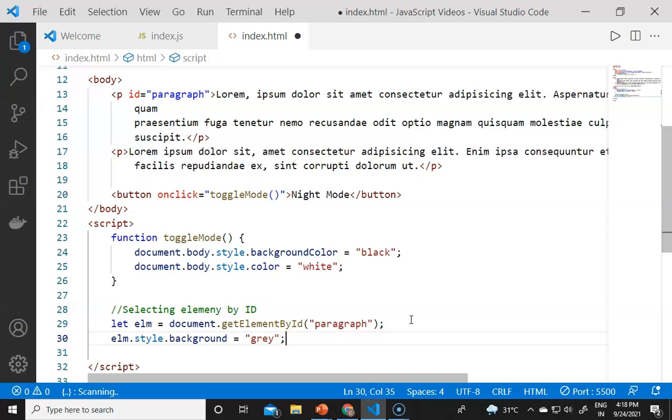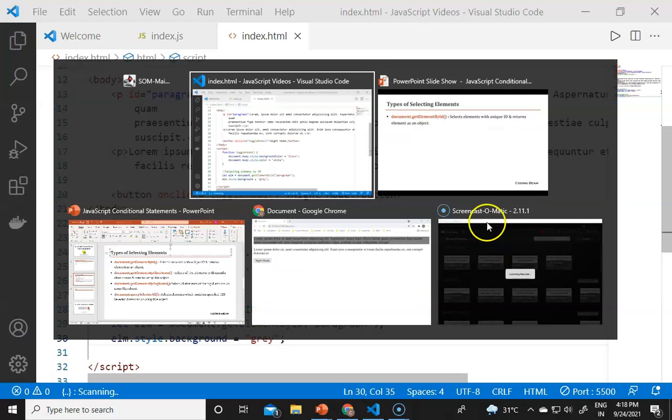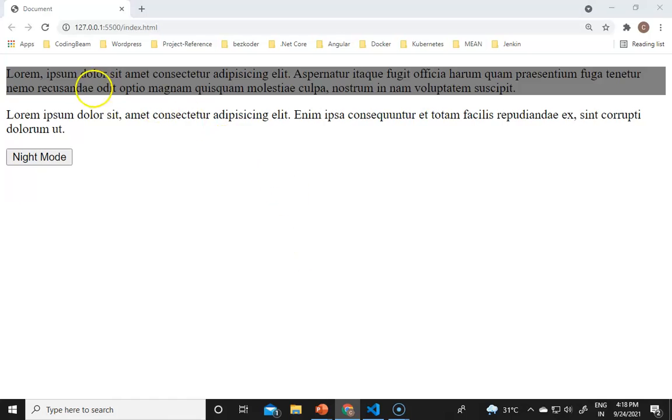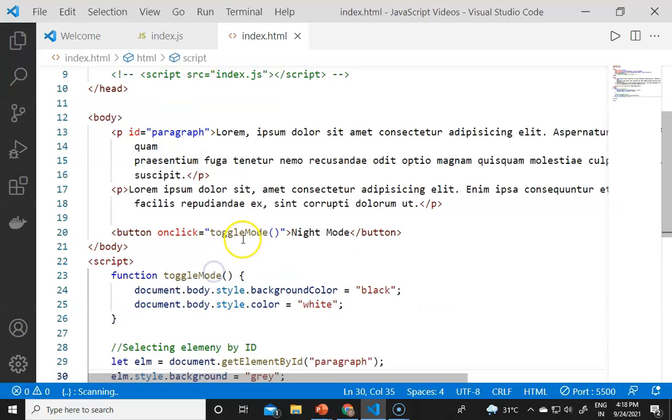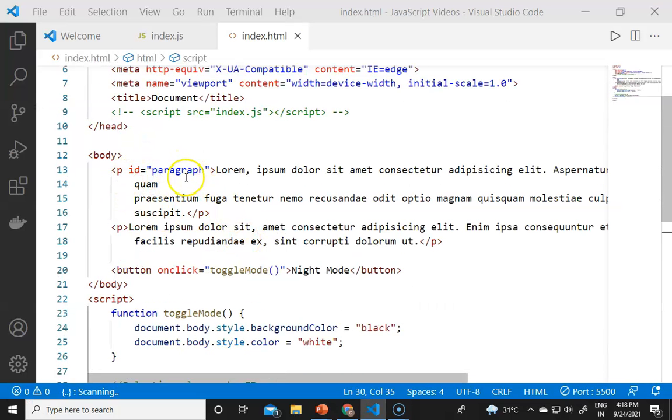If I now save, you will see the background color of the paragraph 1 will be gray, because only this paragraph has the new ID, which is paragraph. So only this paragraph will reflect any changes in the UI.